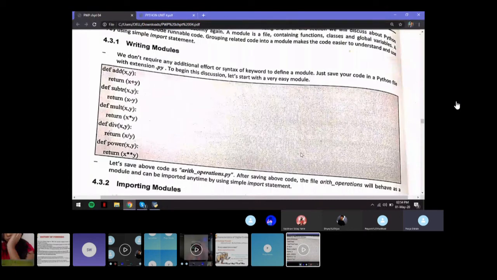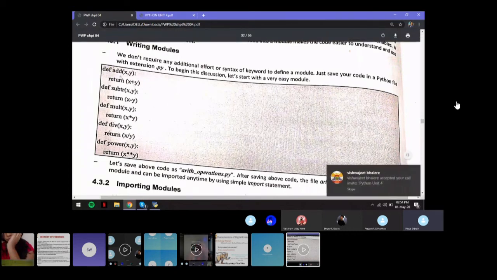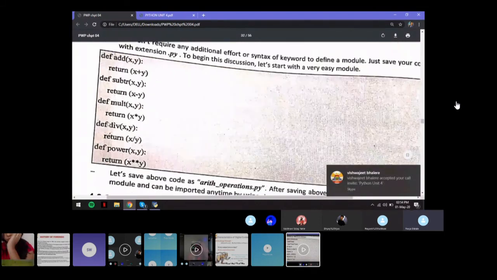So importing the modules becomes easier. Just like you have packages in Java, same kind of functionality.